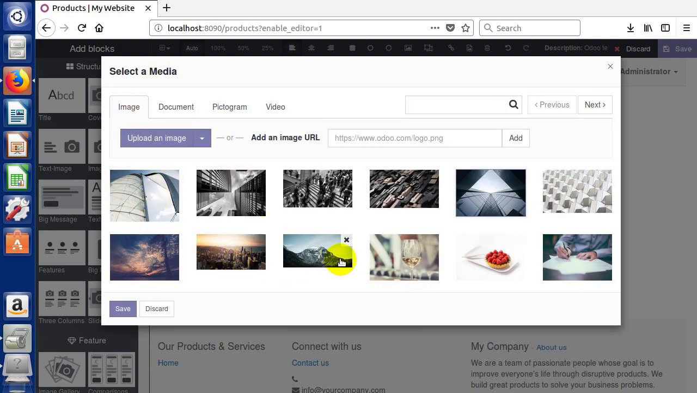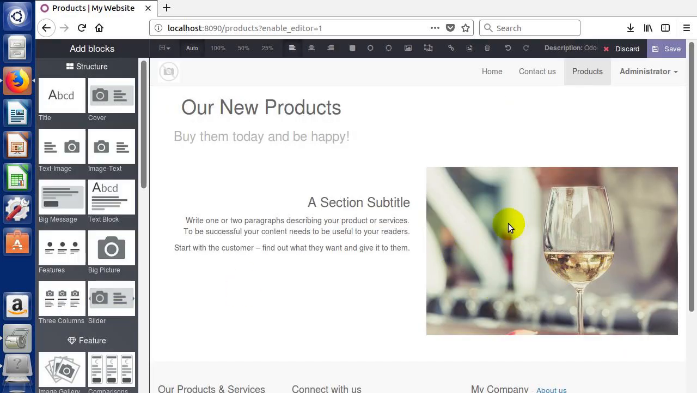So let's pick a picture just so you can see how this works. You'll just pick a picture here and save it, and you'll see that it swapped out that picture. Now there are a few other little image things you can do besides just changing it out. If I click on it,